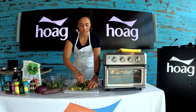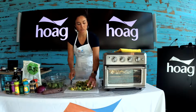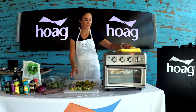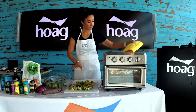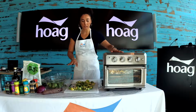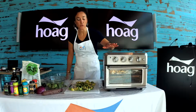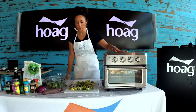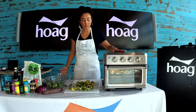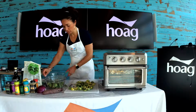So we'll just put some of these in our air fryer. We're going to use this air fryer today to show you this, but don't worry if you don't have this kitchen appliance. This one's big. There are smaller ones. This is the Cuisinart that does baking and toasting and all types of stuff. So we're going to use the air frying option on it today. So when you have all your Brussels sprouts